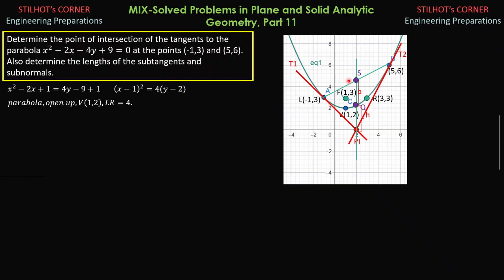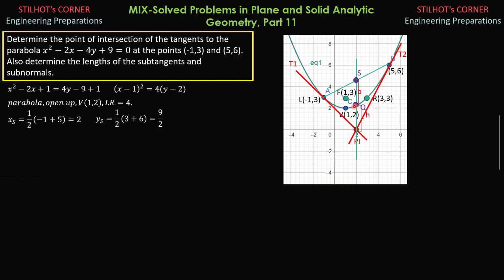And I'll call this point S. So x sub S is again 1/2 of -1 plus 5, and that is 2. So the point of intersection between the two tangents also has x equals 2, abscissa equals 2. And if this is accurate, the y should be 0 as shown in the figure. Then y sub S is the average of 3 and 6, the midpoint formula in analytic geometry. So 1/2 of the quantity 3 plus 6 is 9/2.